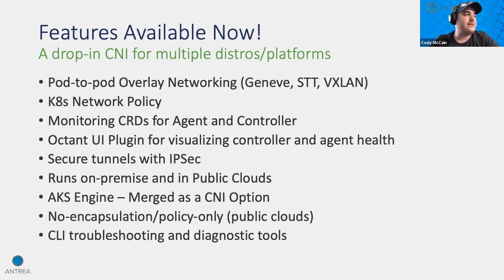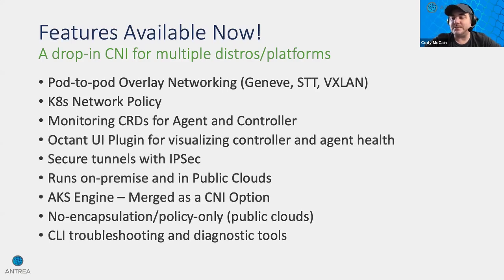We've got Kubernetes network policy. We can do various types of observability with our monitoring CRDs. We can actually expose a lot of the OVS internals using the status CRDs for our agents and controllers. We've got an Octant UI plugin for visualizing controller and agent health. We run on-premise and public clouds. The idea is that we want to be a common data plane as we start looking at these multi-cloud and multi-cluster use cases. And we run in no-encapsulation mode, which is really important for a lot of the managed Kubernetes